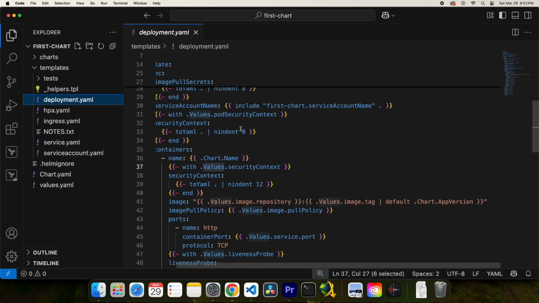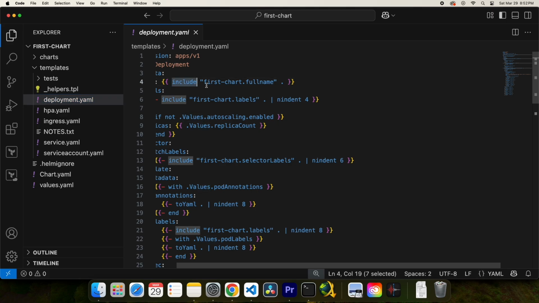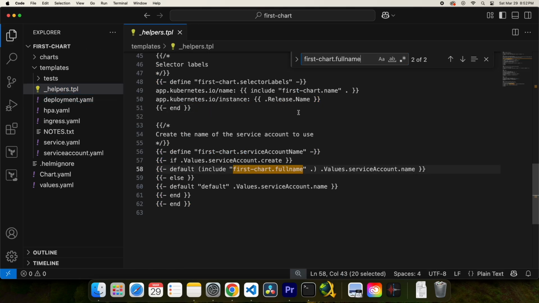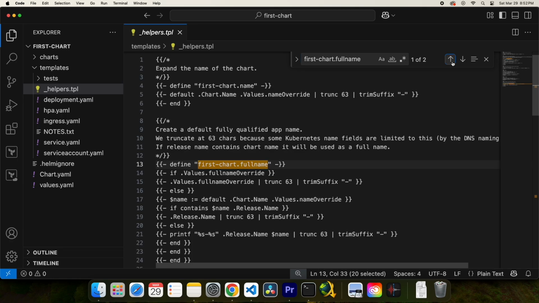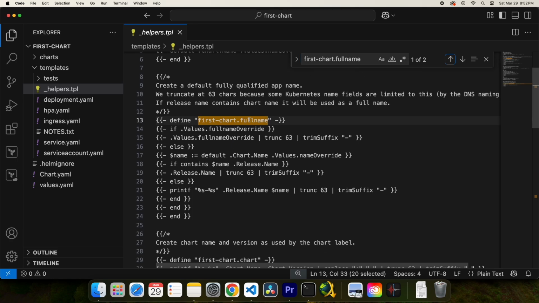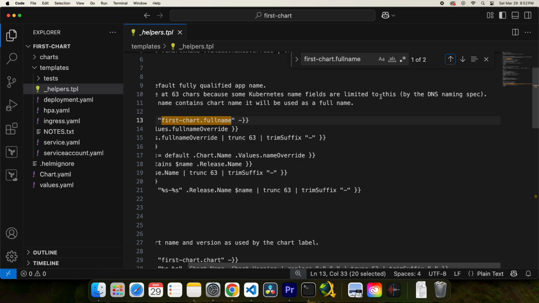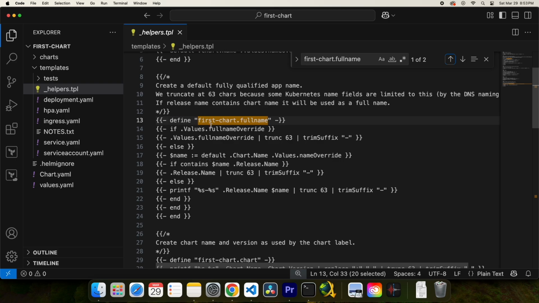So let's understand the deployment.yaml file. It says include first-chart.fullname. What does this mean? If you go to _helpers.tpl and search for this particular line, you'll find that there is a define statement. So include actually calls a function that is defined in the _helpers.tpl. This function is being defined, and below it says if .Values.fullnameOverride, then do this,